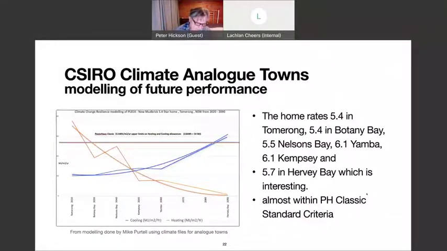This graph gives an indication of the climate change resilience of the new 5.4-star home. Predictive heating load, the orange line, decreases steadily from 75 megajoules at Tomerong, where it is now, quickly dipping below what I think is the Passive House criteria maximum heating energy demand of 54 megajoules in around 10 years. It continues to fall as the south coast climate resembles climates further north up the coast, to zero heating by around